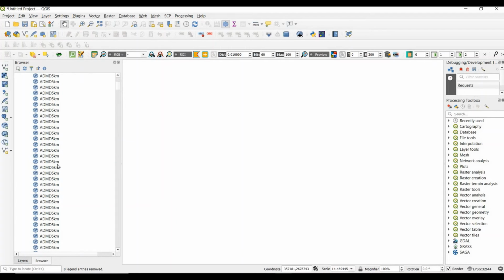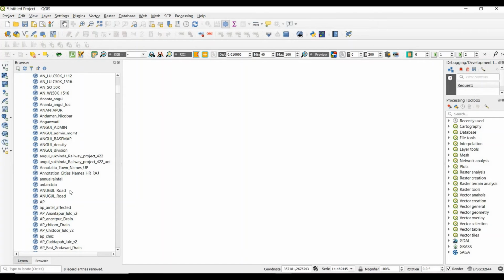If this option does not appear in your QGIS browser panel, you need to first add this from Bhuvan portal or some other. That process we will see in another tutorial.